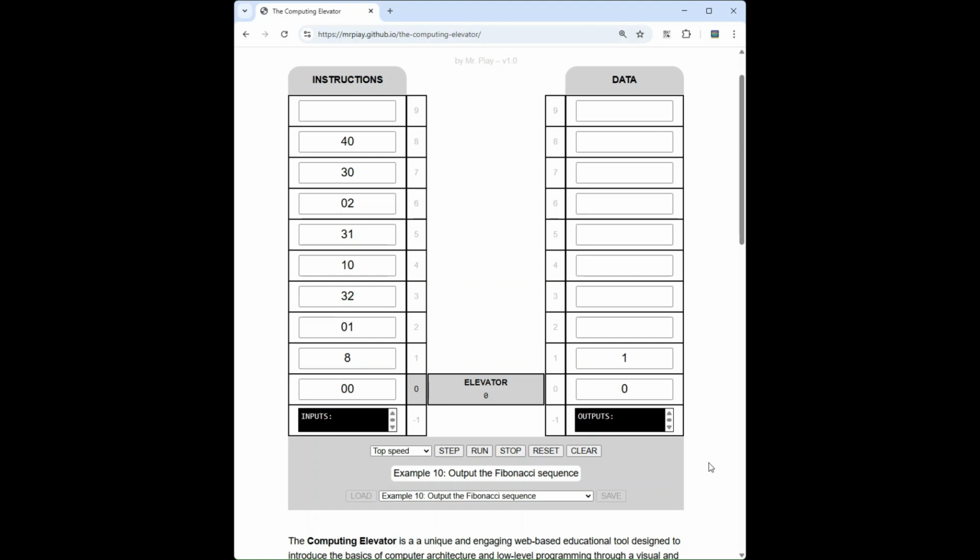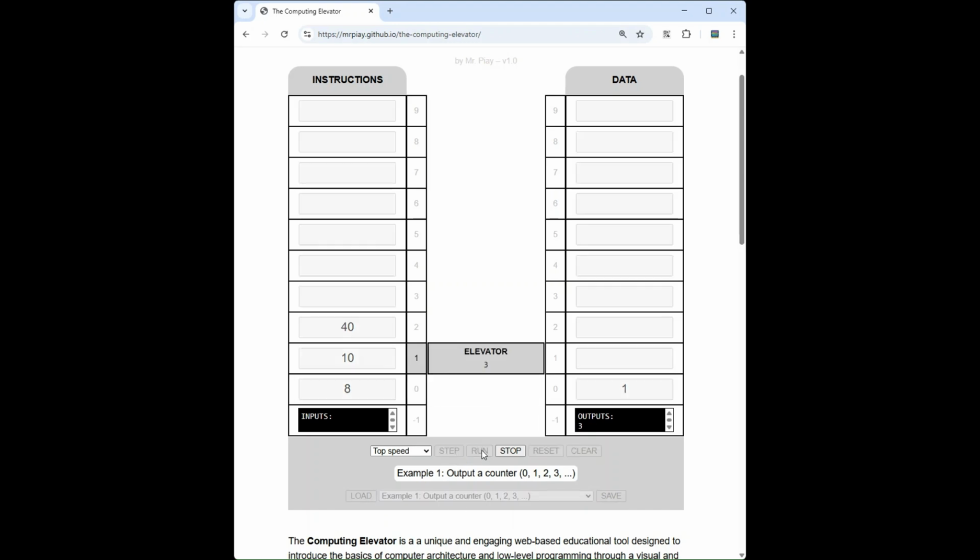There's also a speed control, normal and top speed. That's probably handy. Yeah, normal lets you see the animation clearly. Top speeds things up if you're running a longer program or just want the result faster. And importantly, you can load and save programs. Yeah, as JSON files. You can, yes. Which is excellent for saving your work, sharing it with others, or maybe for teachers to prepare exercises,